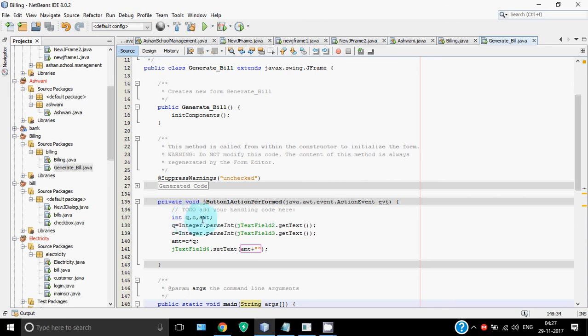So we have to give some meaningful names here, and this line basically reads the value of text field 2 with the help of the getText function. Integer.parseInt is a command which converts it to an integer value and puts it in the variable q. Similarly, the value of text field 3 is read and stored after being converted to an integer in the variable c. We multiply the two and put the result in amount. Always the right hand side goes to the left hand side value,